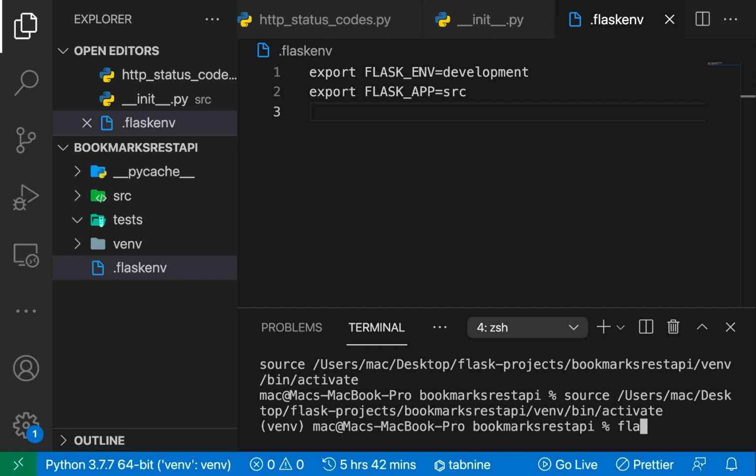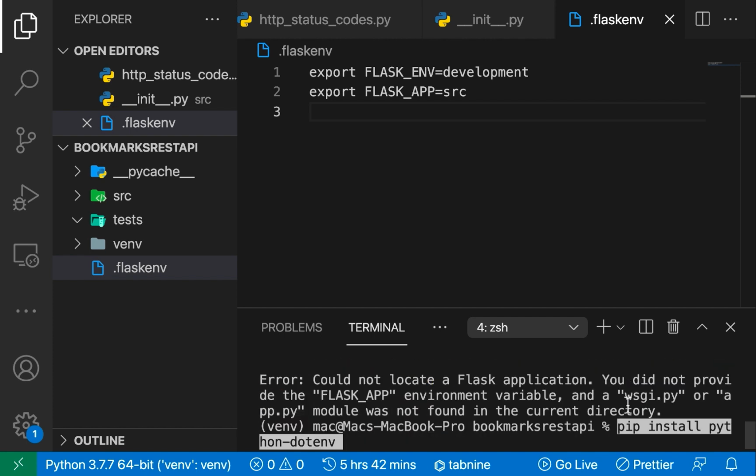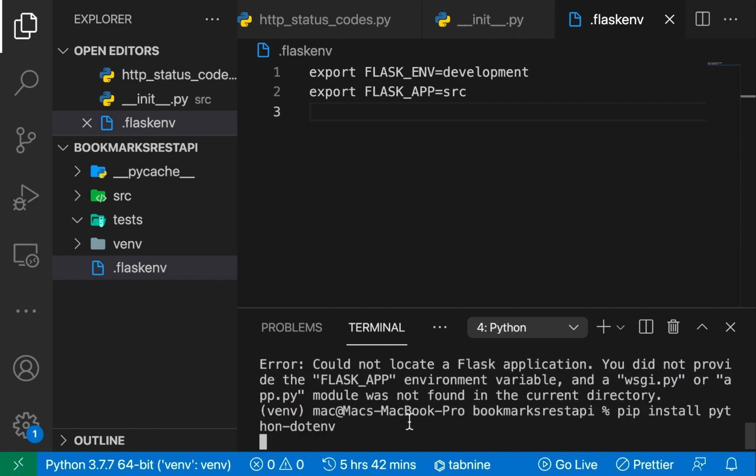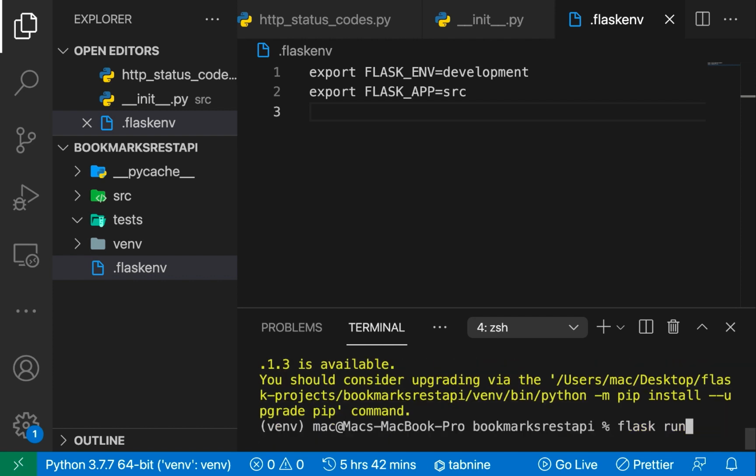Now if we do flask run, you'll notice that they tell us that there is a .env or .flaskenv file, and for Flask to be able to work with this new file, we need to have python-dotenv installed. So I'm going to copy this command here and run that in our environment, just so we can get it installed. So it's going to go ahead and install that. When it's done and we run our Flask back,